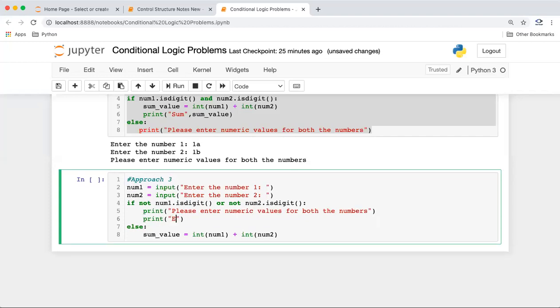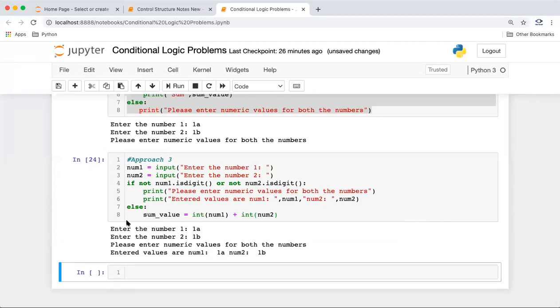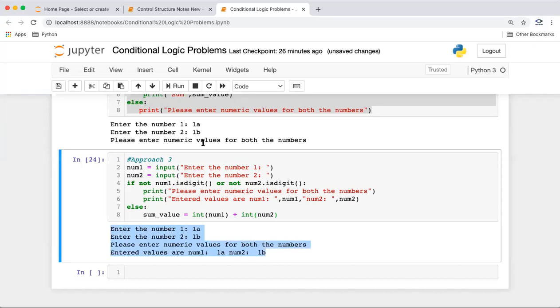This is not much required. Entered values are the same. We can just say num1, and we can also say num2. Something like this we can also do. If the user enters invalid values, he will get num1 and num2 also. This is just improving the error message.